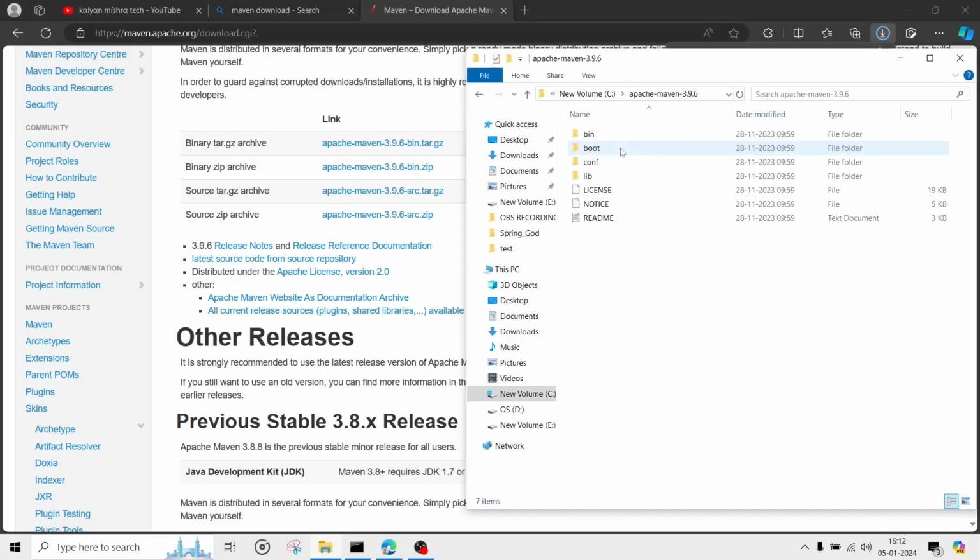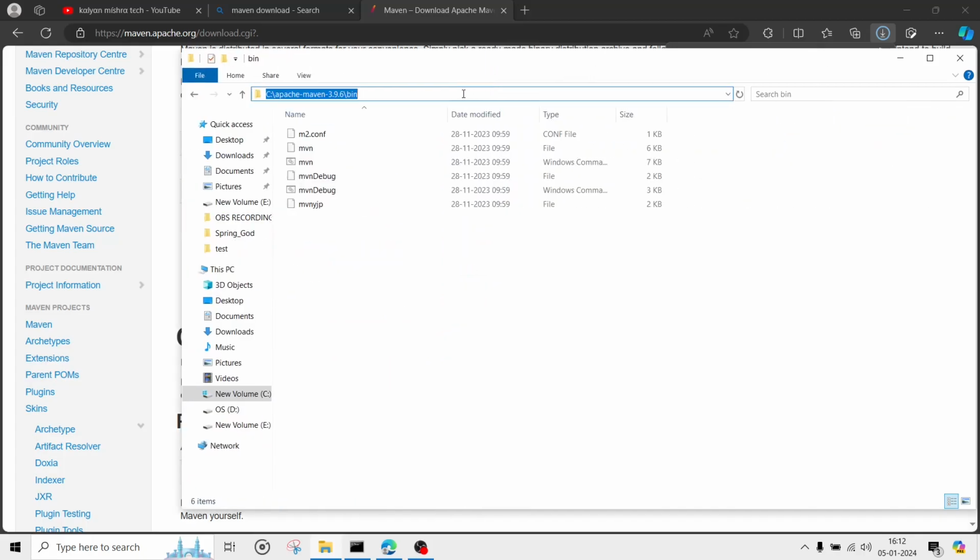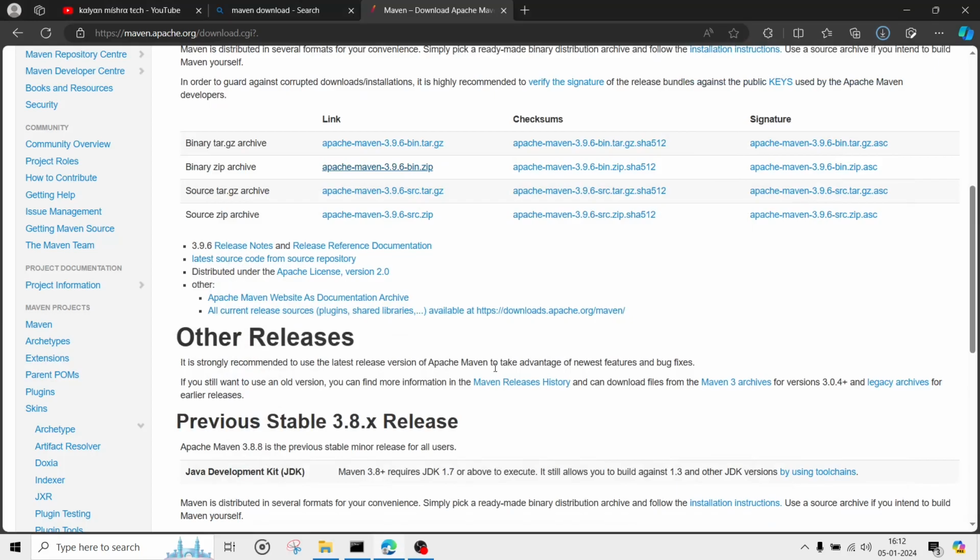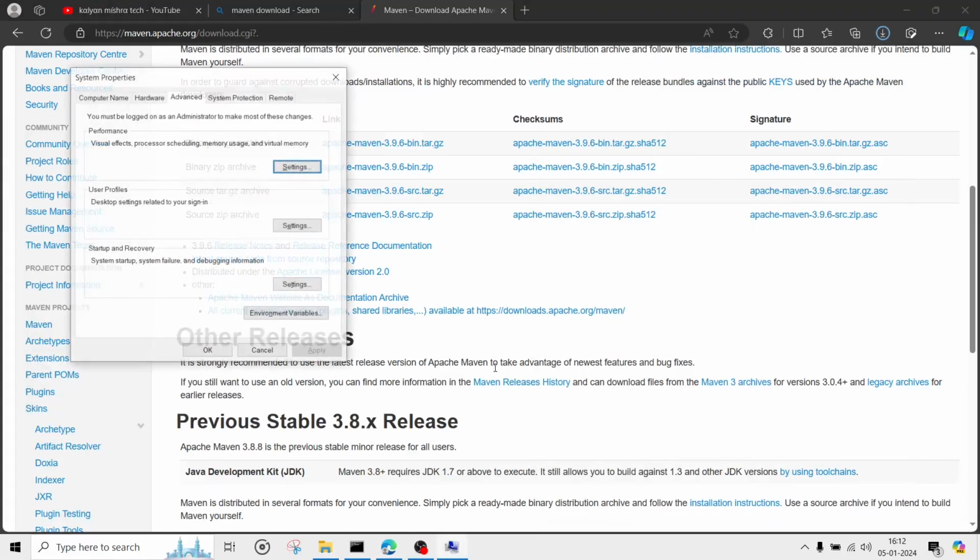So now go to that folder, go to bin, and click the upper path. Okay, this one, click on this path and click copy. Now go to the edit system environment variables,